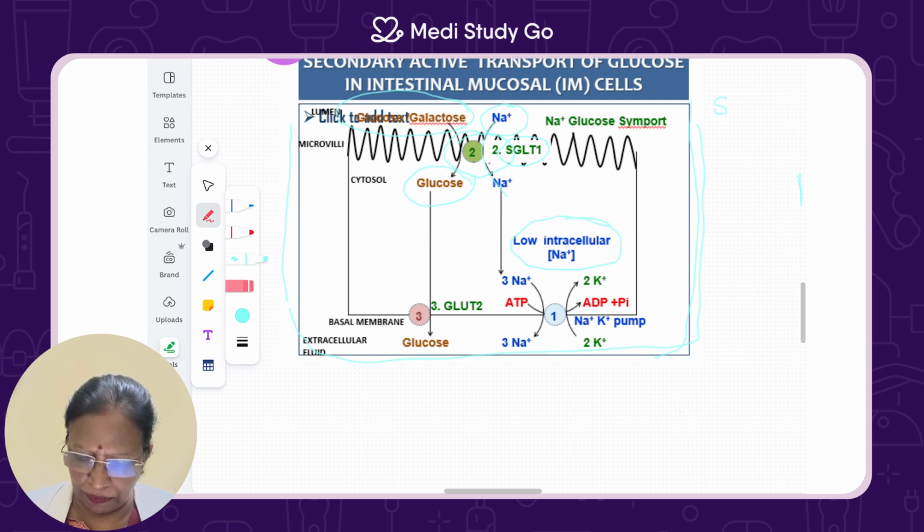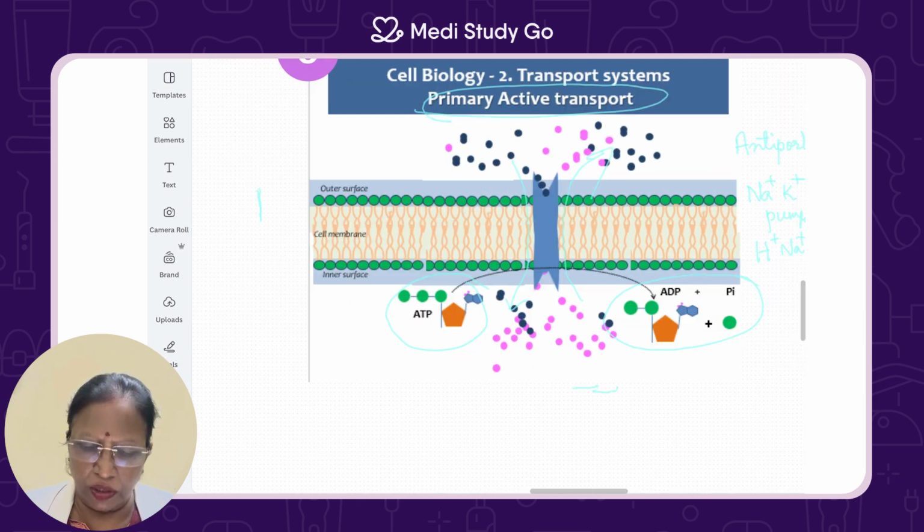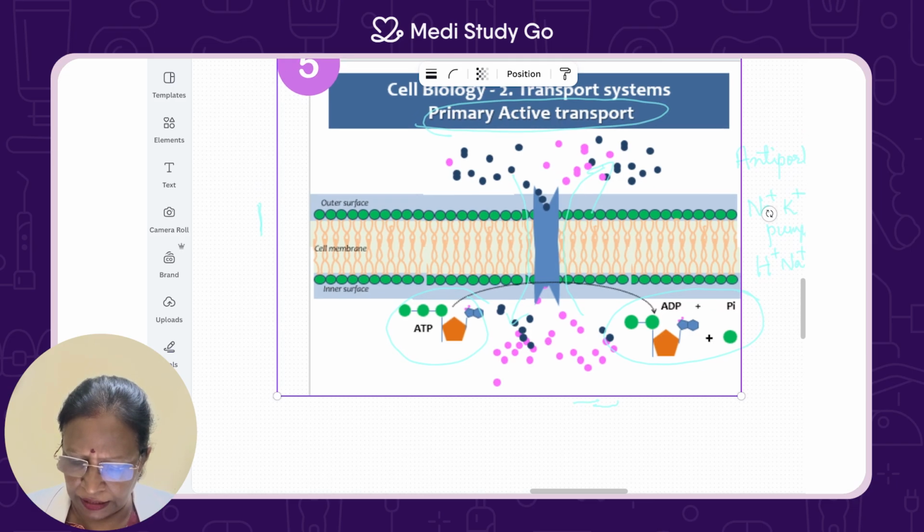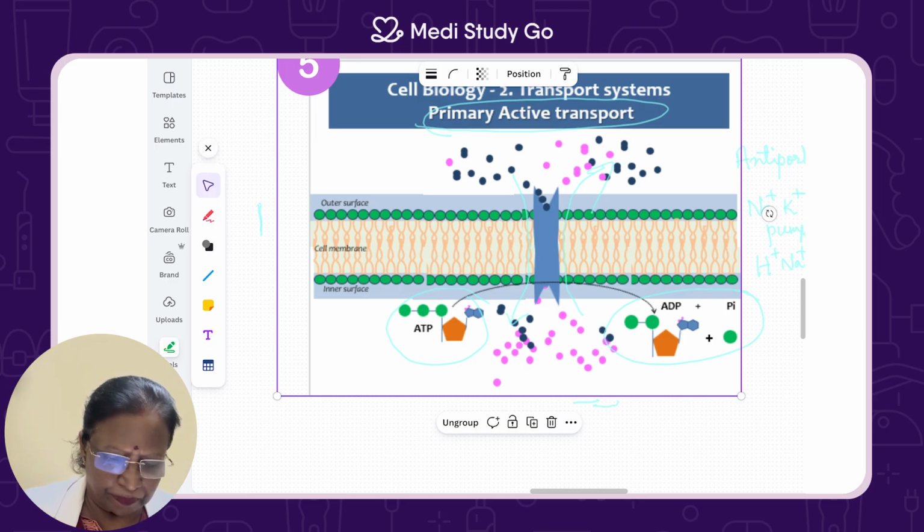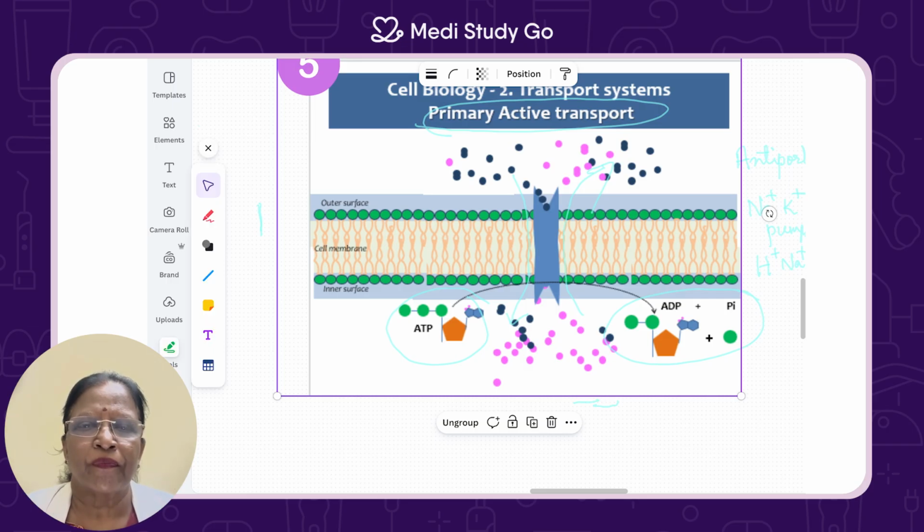Now these pumps, the primary active transport, can be inhibited by certain drugs, molecules called fluorescein, and it is used for research purposes. If you want to inhibit the sodium-potassium pump, treat the cells with fluorescein, and the sodium-potassium pump will get inhibited or stopped. There are certain other drugs like